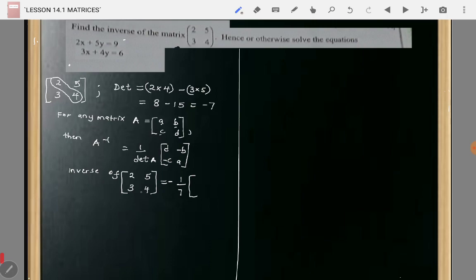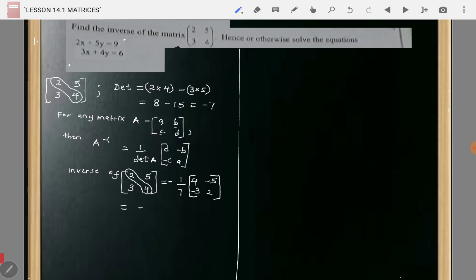Into the main diagonal, we interchange the values so that we have 4 and we have 2. The other diagonal, we just change the sign, but we don't interchange the values. When we open the bracket, we are going to get the inverse, and the inverse will be given by